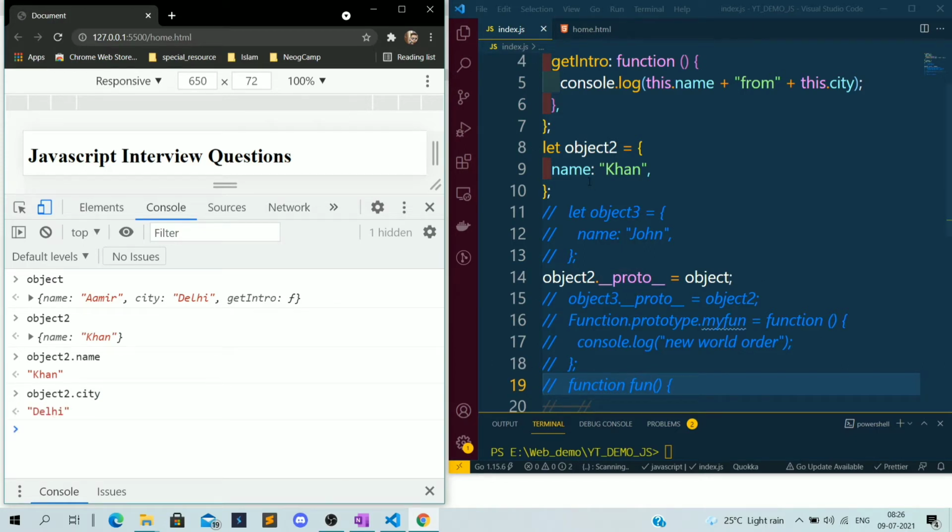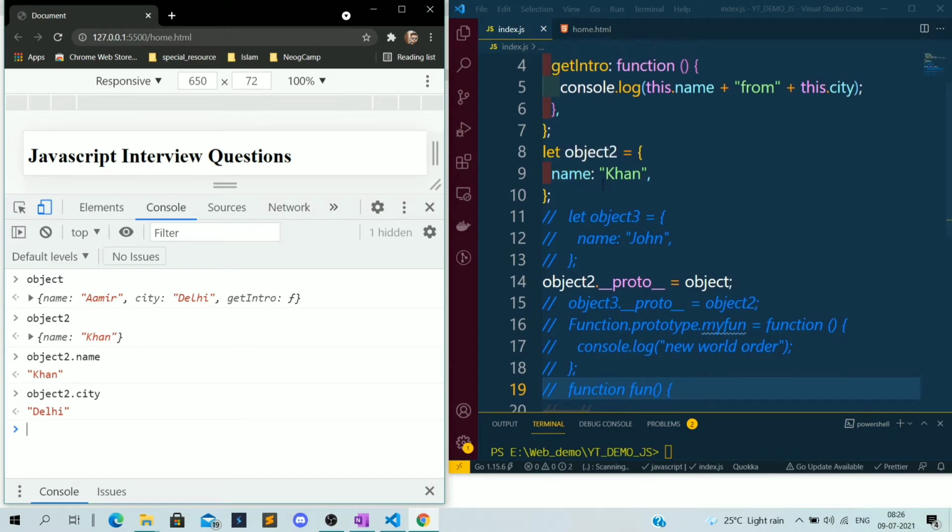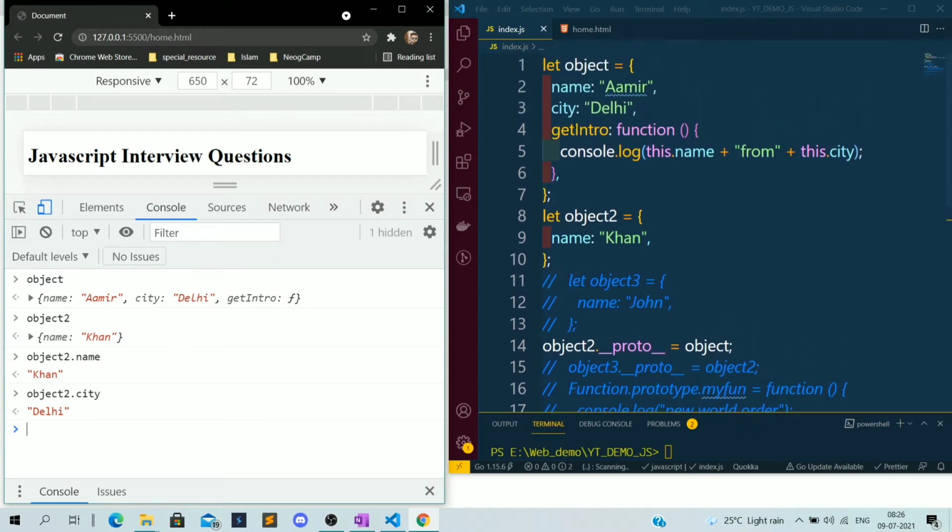Here we don't have the city property in object2, but since I have linked object to object2, whatever properties object has, the name, city and getIntro, will be accessible in object2 also. That is why I am able to access object's properties using object2, because we have linked object to object2 using __proto__.